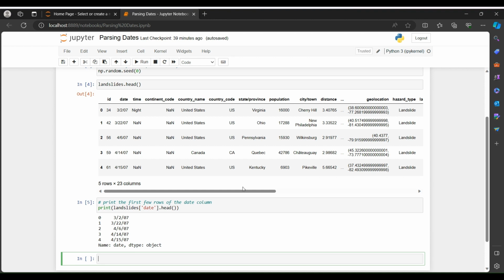So yeah, those are dates. But just because I'm a human and can tell that these are dates doesn't mean that Python knows that they are dates. Notice that at the bottom of the output of head, you can see that it says the data type of this column is object. So pandas